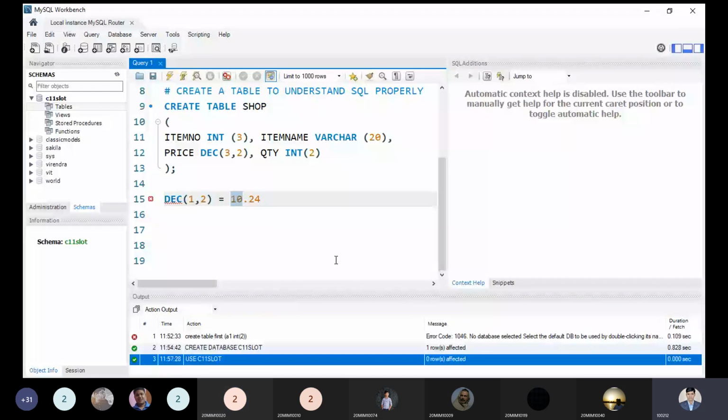So two decimal. How many digits now? I have 1 0. So if I have assigned by the 10, so definitely I will get an error. Okay, that is the point. So if I'm taking 3 means maximum I can take 999. So 1,000 if I try to get, so I will get an error. So size of the digit, how many digit you want to represent your data? Okay, clear?